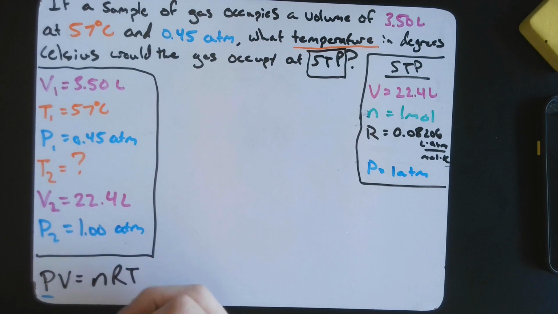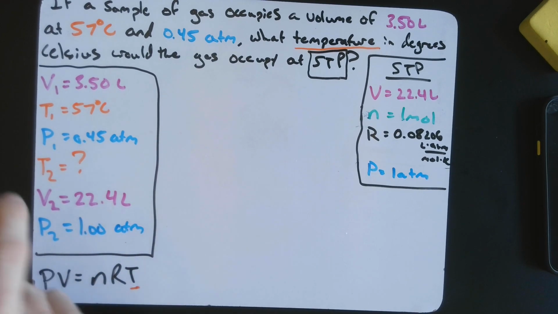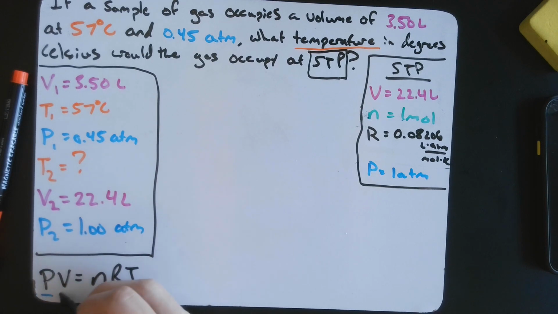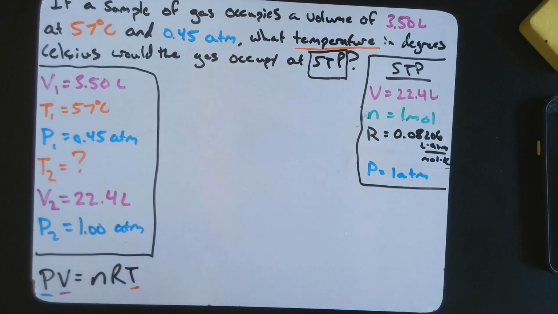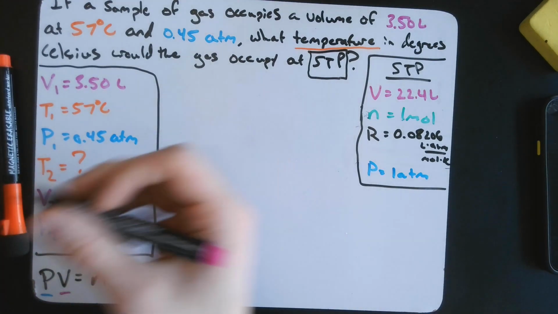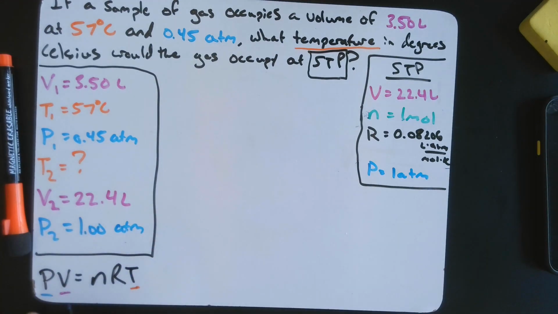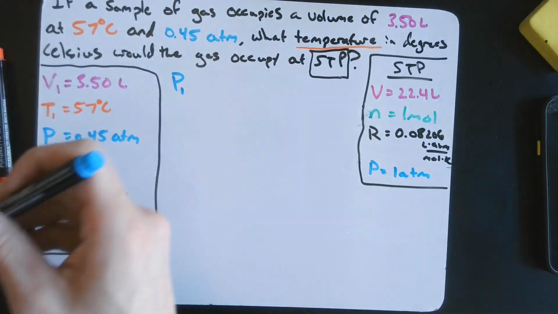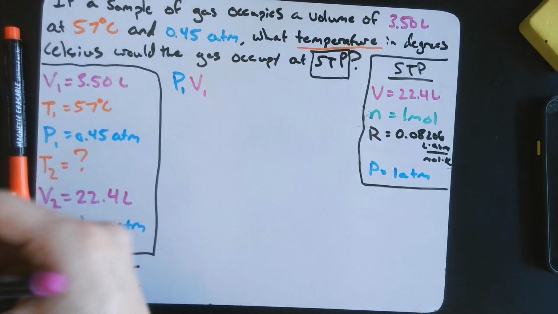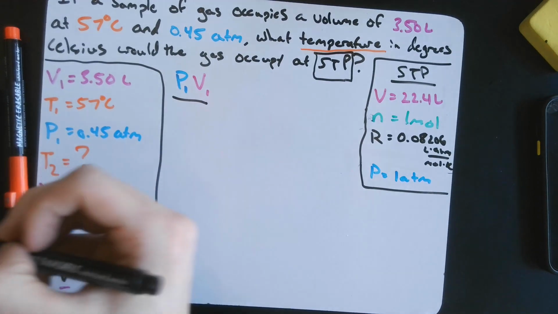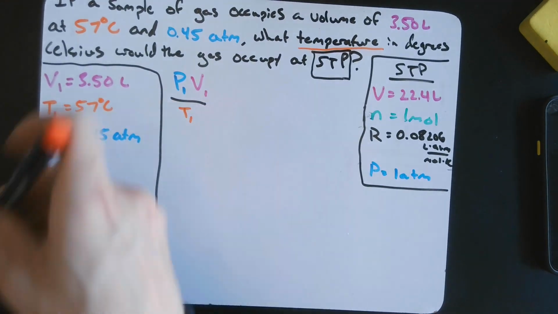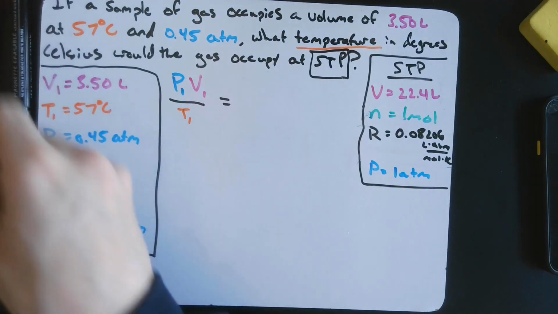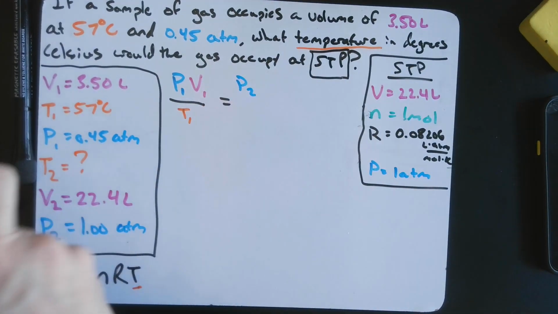We know our P. We are trying to figure out T, but we are given 1 T. And we also have volume. N and R are irrelevant to this problem. So now we can set this up, right? I know that if I were to set PV equal to T and I wanted to get T over to the left side, you would have P1 times V1 divided by T1 equals P2 times V2